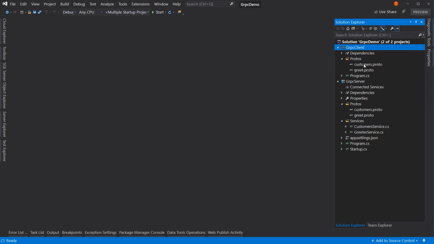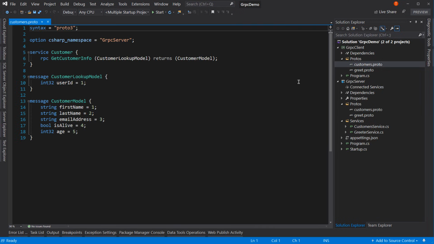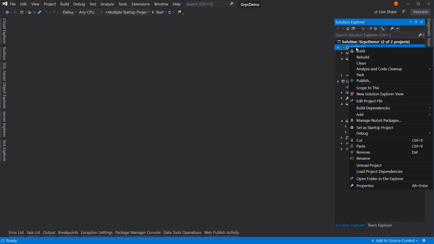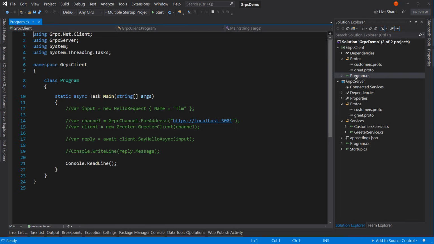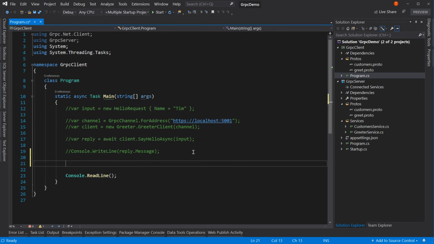Okay, so now I have this set up. Now what I can do is right-click on my client and say rebuild. Rebuild has succeeded. Now I come over here and I can make a call to that customers service. Some of that's going to be the same. So var channel equals GrpcChannel for address, same address,